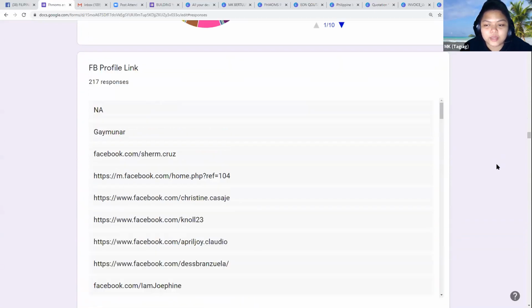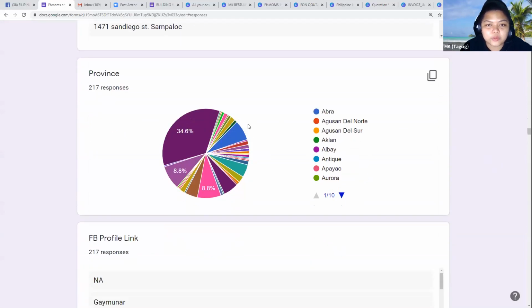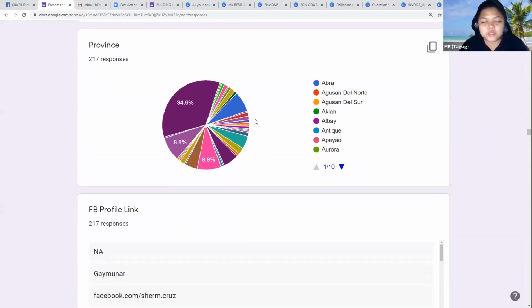So here, for example, if you just ask them to, let's say, for example, to just put in their address, what will happen? Hindi nyo siya malalaman kung ano yung pinaka madaming lugar nila. And it's important for you as the leader and as the service provider sa mga brands, for example, to know yung demographics such as the age, their gender, at itong ang location, no?